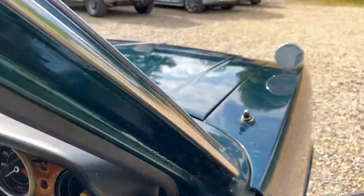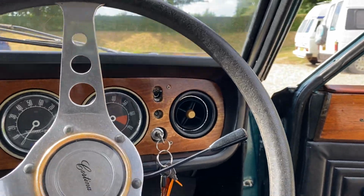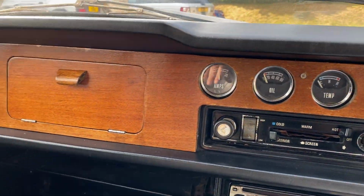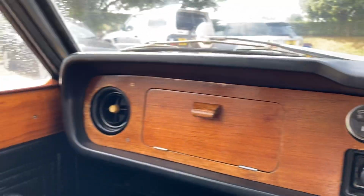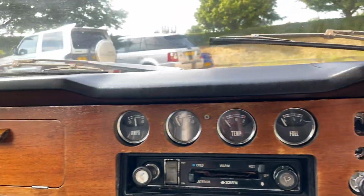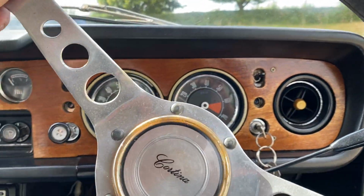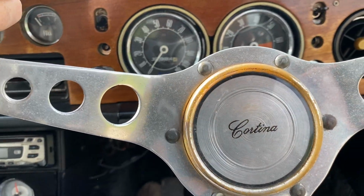And let's just sit in behind the seat. Ooh, the driver's seat appears to have lost some of its stuffing, so that would need to be sorted out. Now originally these cars had a burr walnut dashboard, and this looks to be in good order. Again, it can be improved because there's some fading here. They featured a leather clad steering wheel with an alloy centre, and there's that correct badge in the middle, so